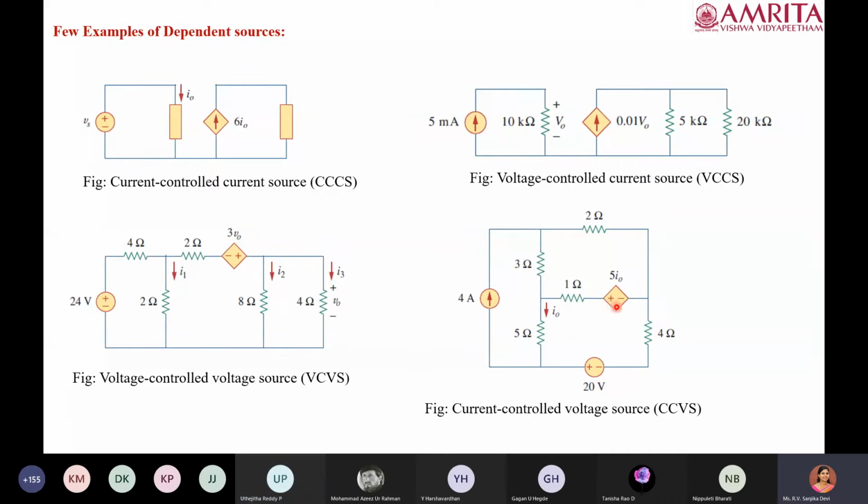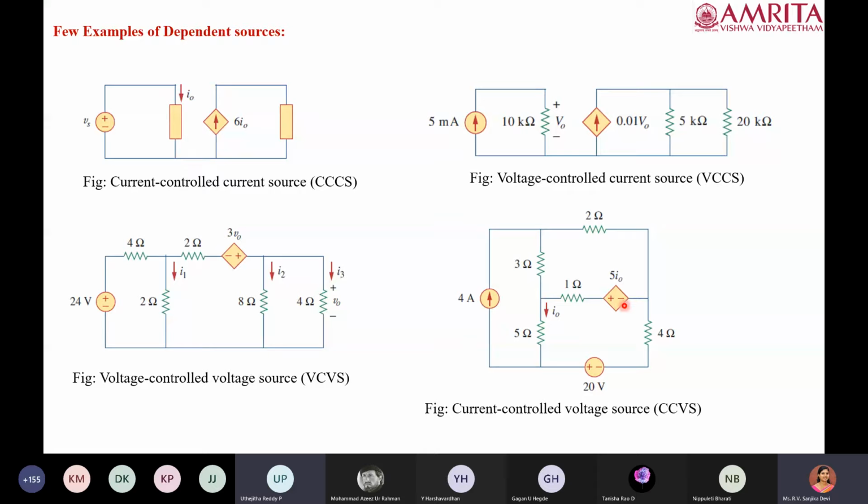Okay, so here the symbol tells that it is a voltage source. So it has to be treated as a voltage, but it is influenced by the current flowing in this 5 ohm resistor. If the current which is flowing here changes, then correspondingly the value of this particular voltage source will change, but it is always the voltage source. Say for example, if I naught is 1 ampere, then the voltage at this point is 5 volt. It is not 5 ampere, it is 5 volt. And if I naught changes to 2 ampere, then this voltage will be 10 volt. So altogether it has to be treated as a voltage source.